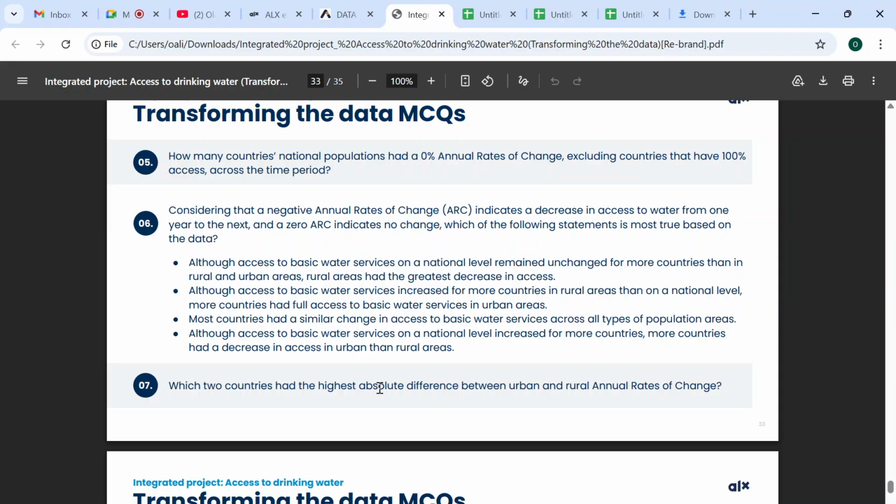All right. The next one is which two countries had the highest absolute difference between urban and rural? So absolute difference between the,